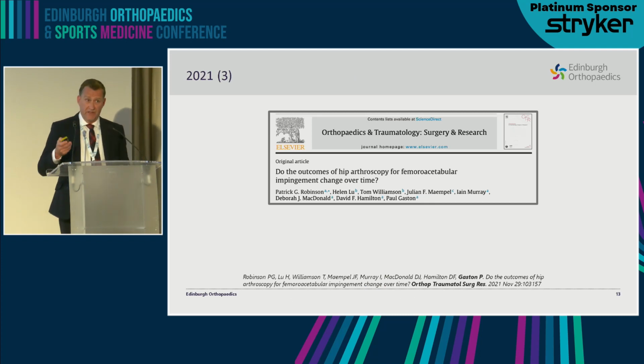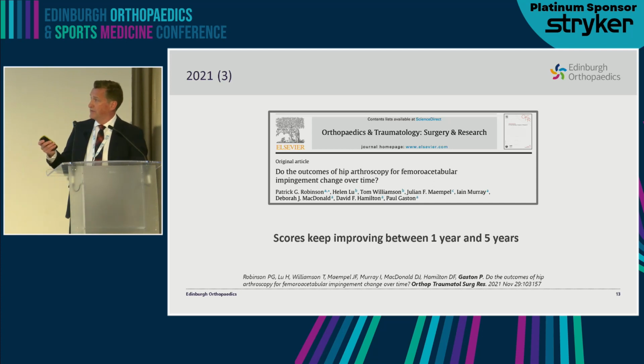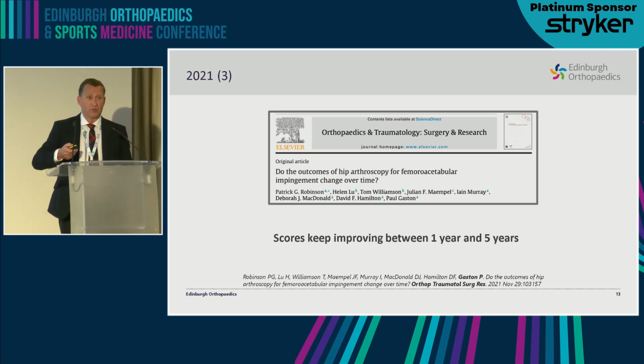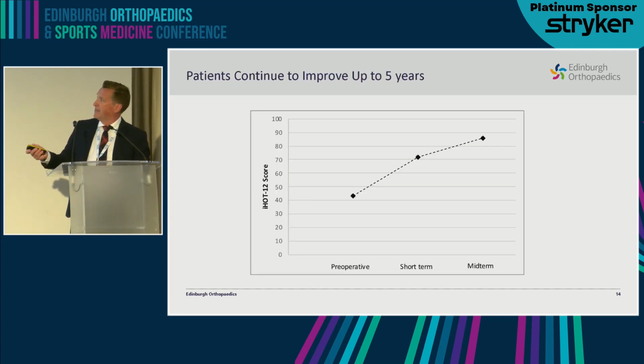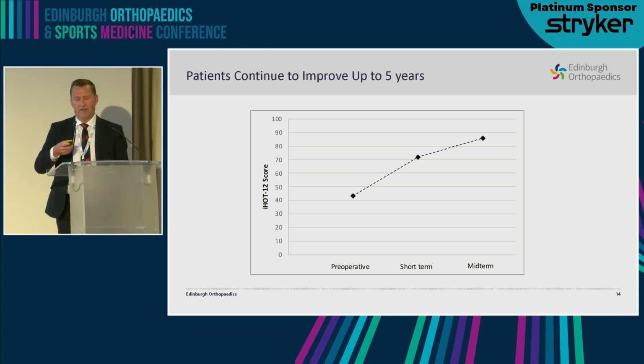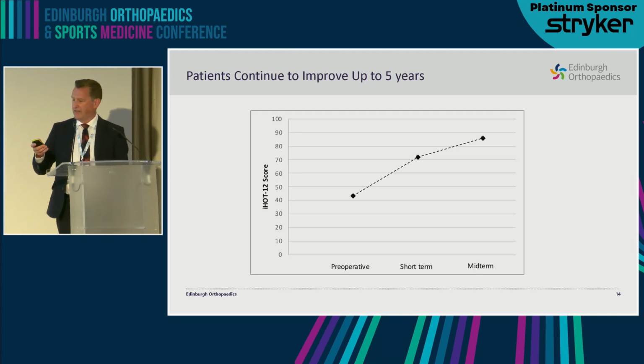We also found, and this was quite surprising because I really thought it would be the other way around, that the scores after a hip arthroscopy keep improving over time. So even after 12 months, patients still get better. The scores keep going up, and even at 5 years, they're better still. And actually, I've noticed anecdotally that I hear from patients way down the line that their hip's doing better